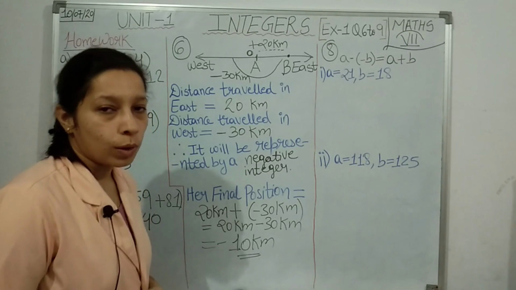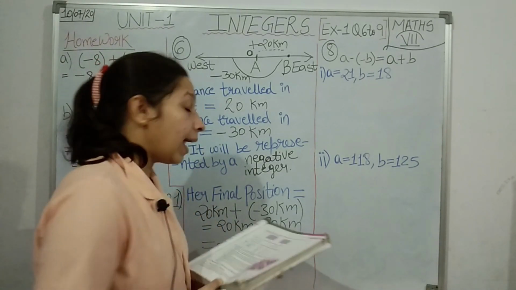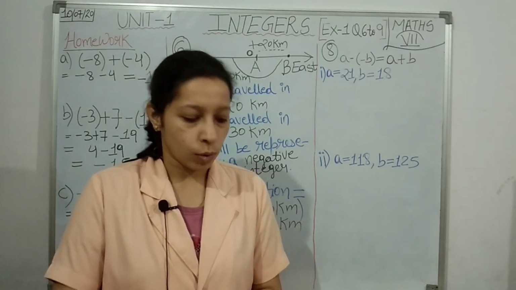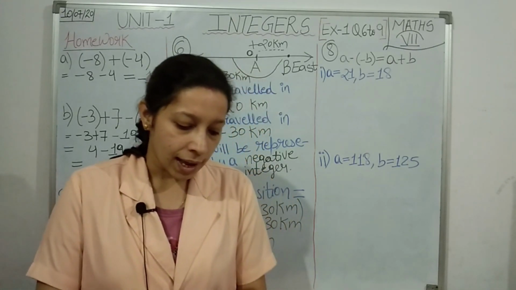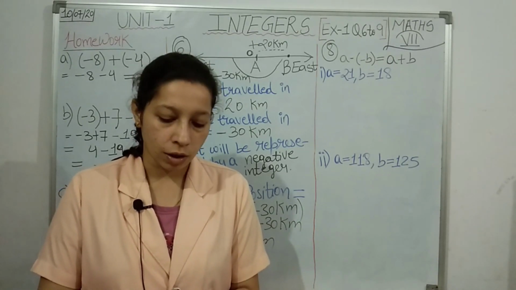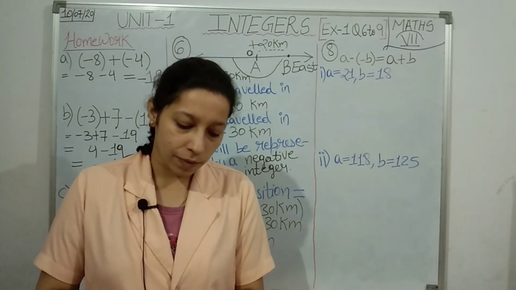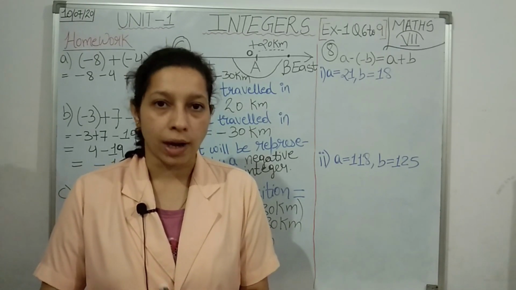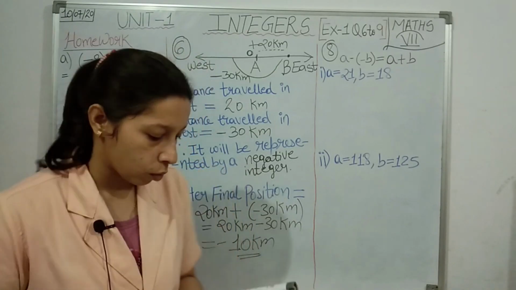Clear students? Okay, now let us move to our next question. Question number 8, not 7, students. 7 we are going to do later; 7 we will do at last. Okay, now we are going to see question number 8. Verify A minus (minus B) is equal to A plus B for the following values of A and B. And 4 points are given. One by one we are going to see. First 2 points I'll be explaining; the third and fourth points will be your homework, students.